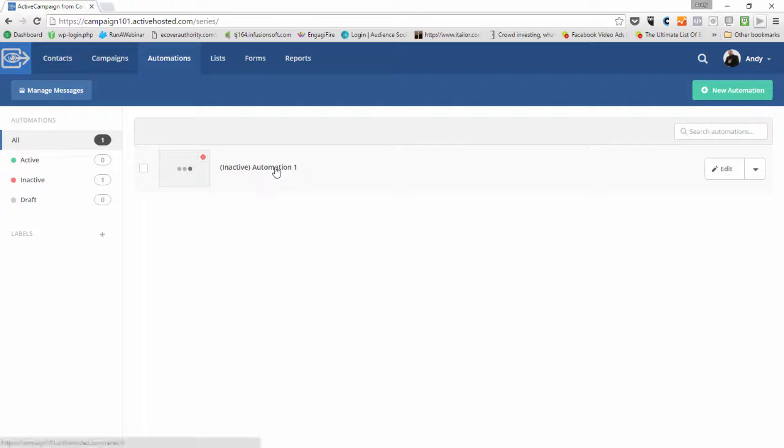So this is our automation here. It just says automation 1. We're going to change the name of that, and you can also see that at the moment it is inactive, and it's got a little red dot up here which basically shows you that it's inactive. So what we're going to do is go into edit,